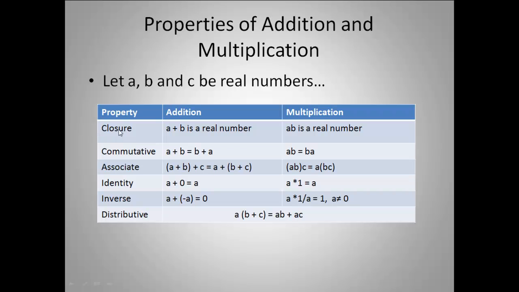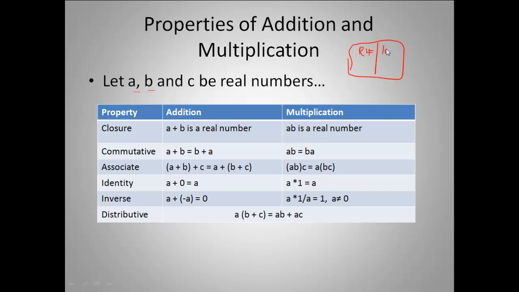And it might seem a little abstract what this property even means, but when you get into higher level math, it'll make more sense the purpose of it. So what this tells us, our property of closure says that if we have real numbers A and B, so A is a real number and B is a real number, if we add them together, our result is going to be a real number. So if you think of that diagram we did where we had real numbers over here